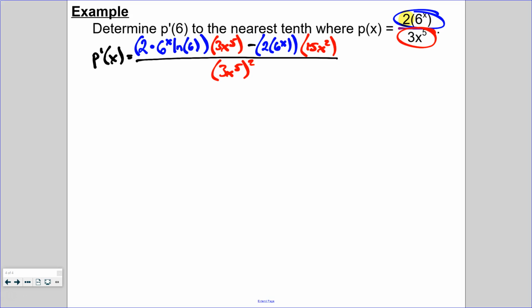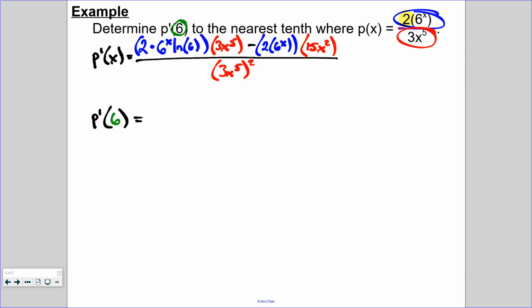All right, so now if we wanted to, I guess we could simplify this down a little bit. There is some canceling that we can do, but since we are trying to find the derivative at a specific point, there's really no need to take this any further algebraically. If we want to, we can, or we can just plug in 6 for x right now. So therefore, p prime of 6